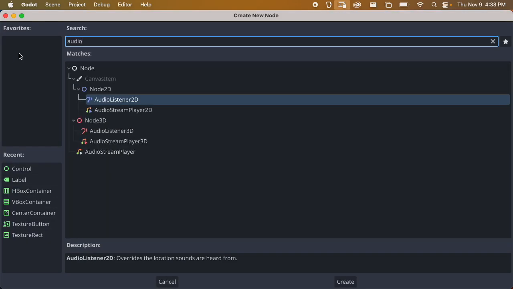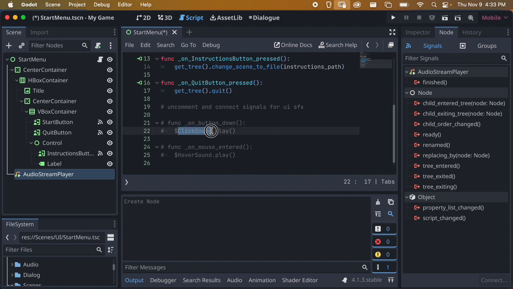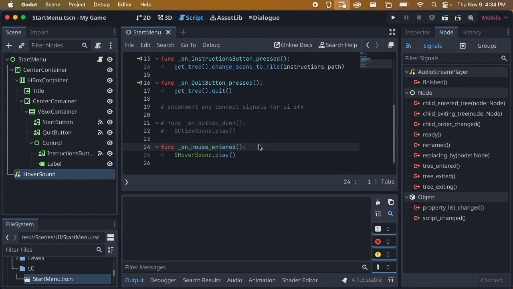Add an audio stream player, just a regular one. And you can see what these need to be called inside the code. So I'm going to call this hover sound. And I'm just removing the comments to set these up. It's giving me an error. That's weird. Oh, I put a space in there by mistake. Okay, so now that is right, and now we can just connect the signals from all of our buttons